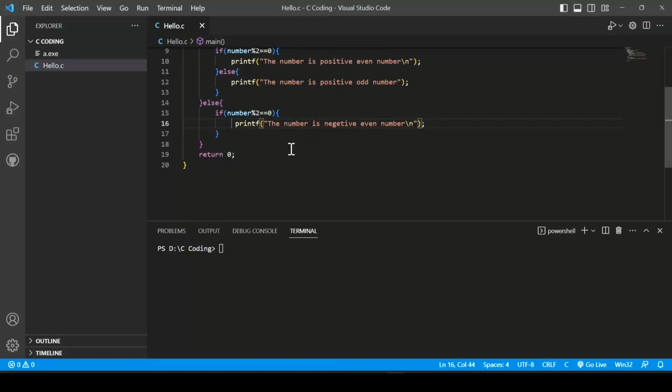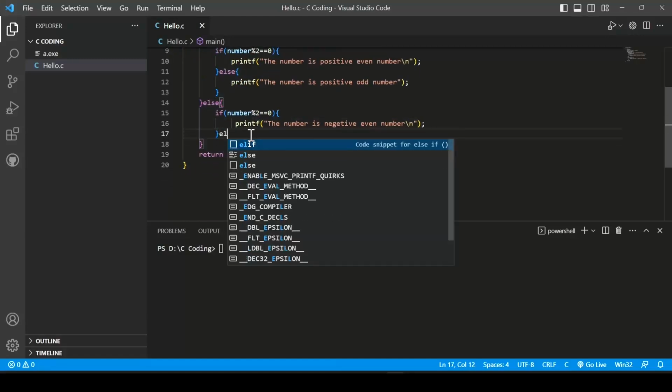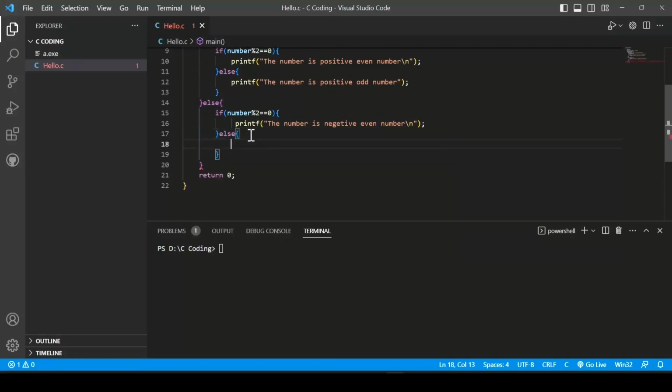And similarly I use else, and here I provide negative odd number. Okay,